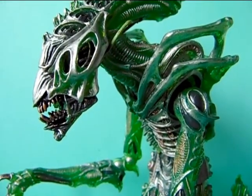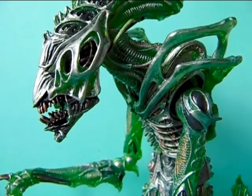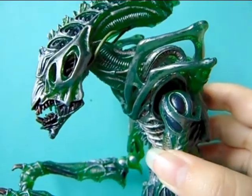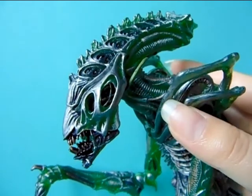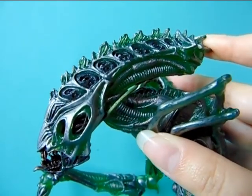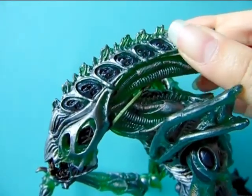So here is a close-up of the Mantis Alien, and as you can see, he has a really nice and unusual color scheme, because he is mostly green, transparent green actually, and silver colored, which is again really unusual for aliens. Now, as you can see, his head pretty much resembles the original warriors, although it has some different stuff on it. As you can see, it has these little spikes on top of his head, and really interesting